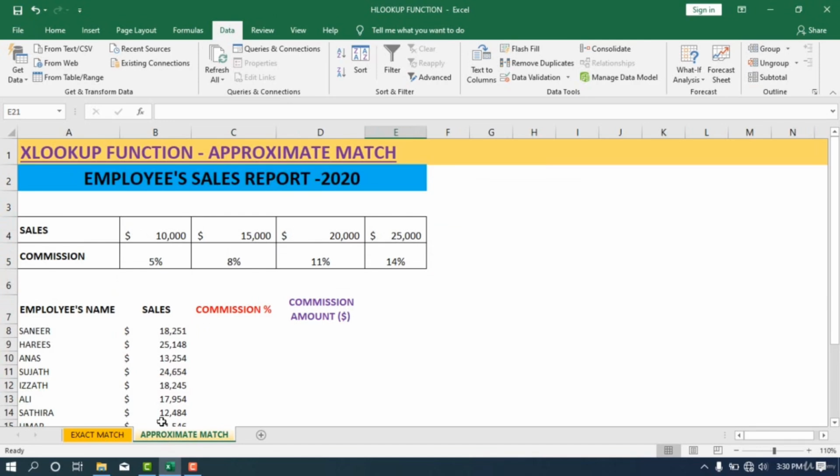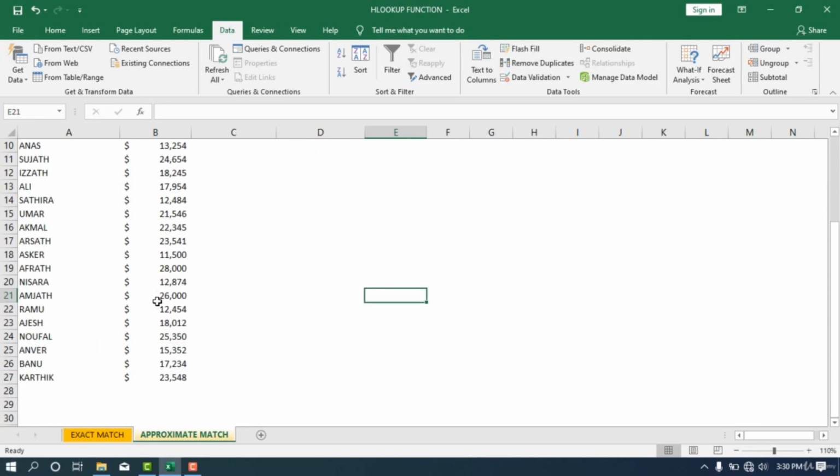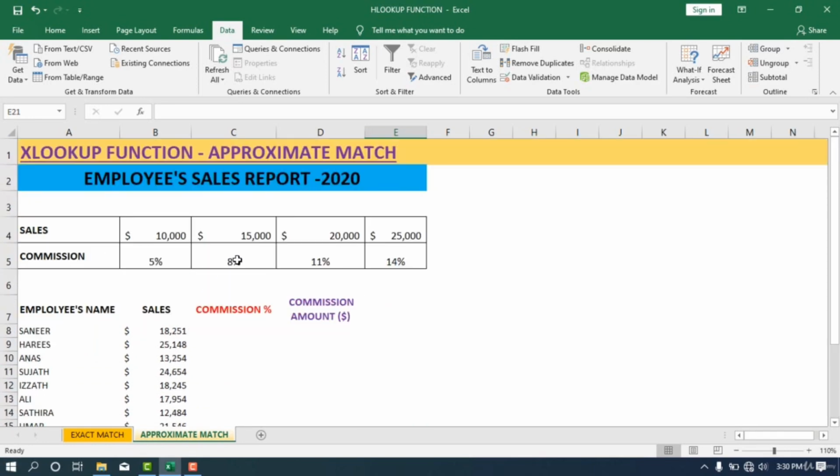Now we are going to look at the HLOOKUP function with approximate match. We are going to practice the HLOOKUP function approximate match. This is the employee sales report 2020. You can see the employee names and sales are available here, and the criteria is: if the sales are below 10,000,